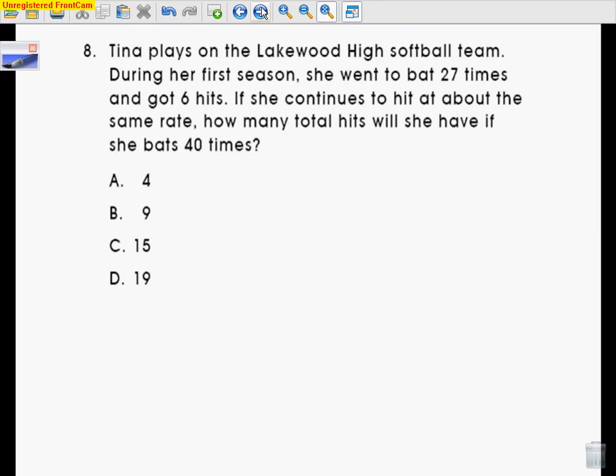All right, now this is a problem that we can set up a proportion for. Proportions are used when you're relating values, okay? We're relating the number of hits to the number of times she went up to bat in both of these ratios. So the first time she has 6 hits when she bats 27 times. So you can say, okay, well, 6 is to 27 as, so set an equal sign in between,